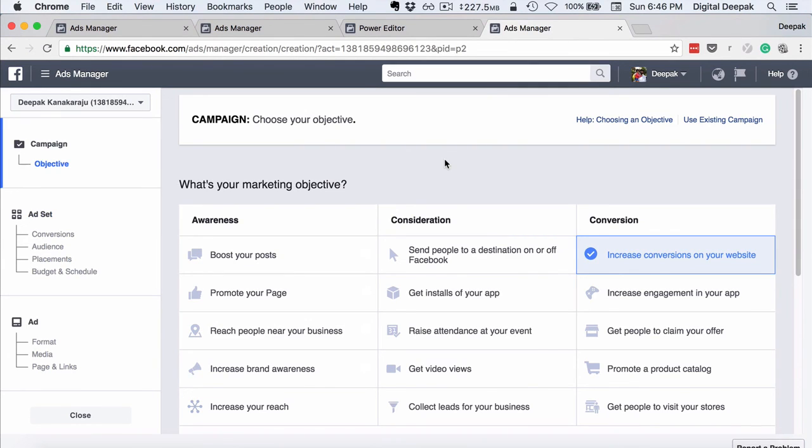For example, if there is an FMCG company who wants to increase brand awareness, let's say they are advertising Coca-Cola or Pepsi or something like that, then they don't need any conversions. They want more people to look at the ad and then go ahead and make the purchase in an offline store. So in such cases, you will optimize the ad for impressions or clicks rather than for conversions. I hope this video lesson helped you understand what custom conversions are and how custom conversions help you run ads in a highly efficient way.